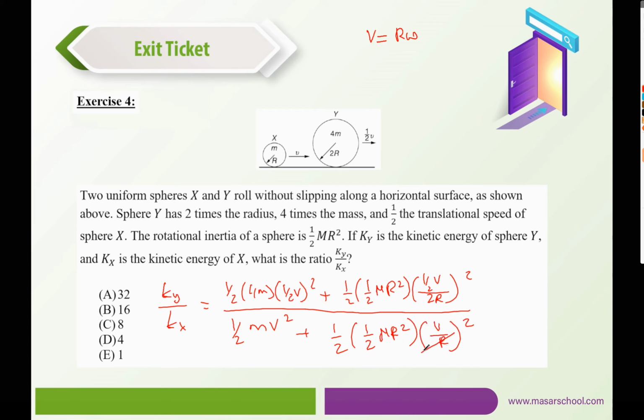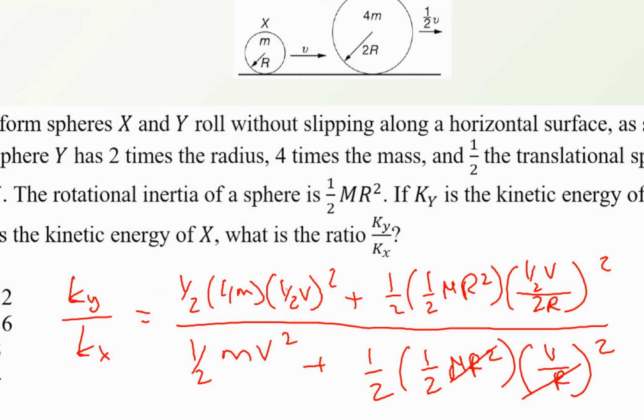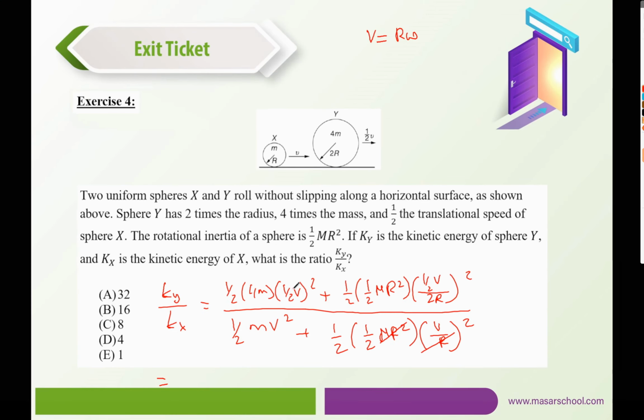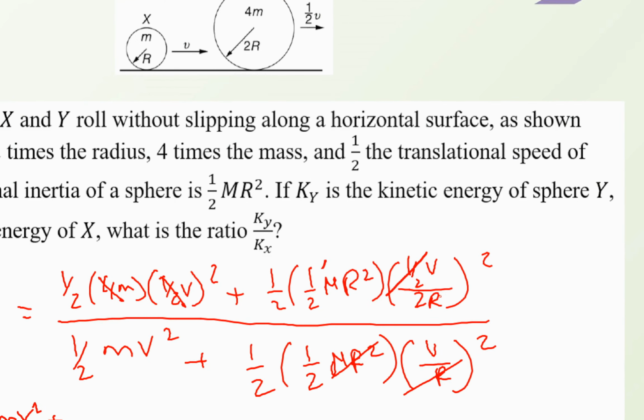Now this would cancel, so now this would cancel with the 4, so we would have half m v square plus, now half to the power 2 would cancel with these two, and r would cancel as well. So let me do it again carefully. This would cancel with these two, r would cancel with r square because we have it to the power of 2, and we're left with 1 over 4 m v square